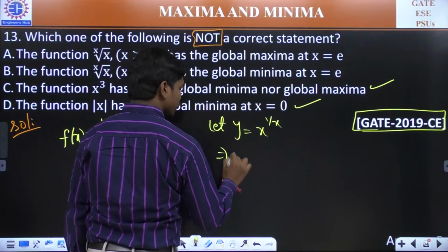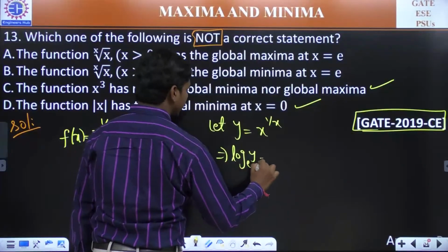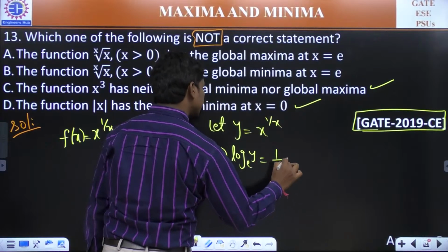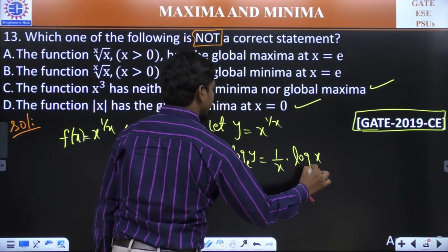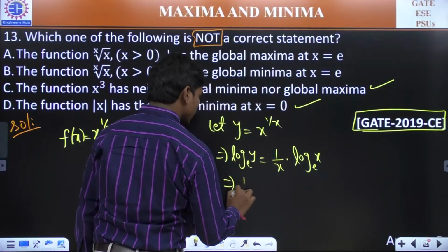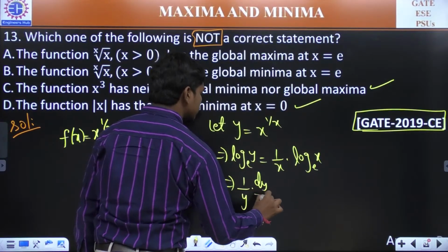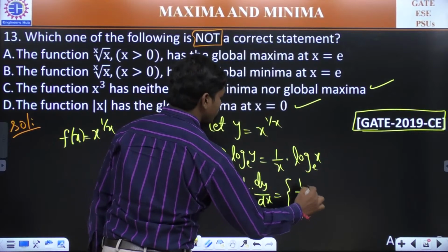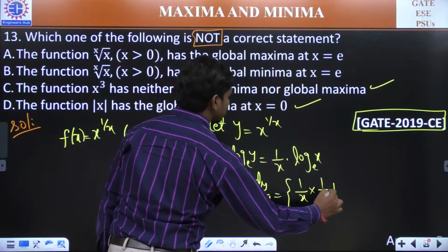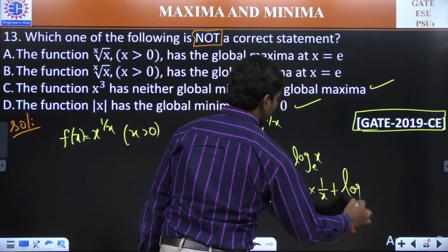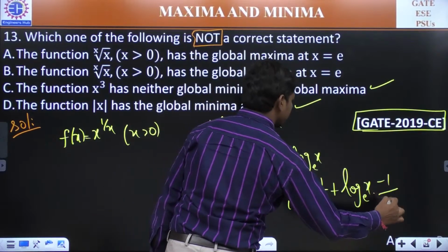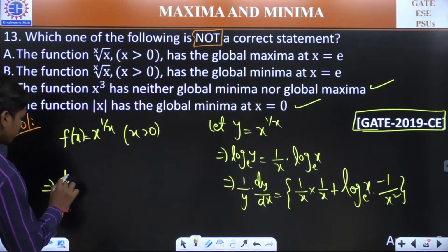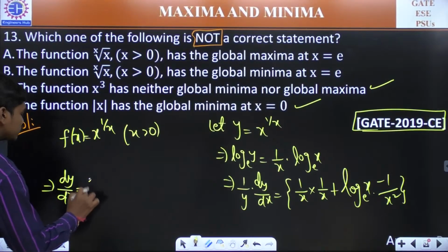So apply logarithm. Log y to the base e is equal to, if you apply logarithm, this power comes down to multiply log x. So this will be 1 by x into log x to the base e. And if you differentiate this, 1 by y into dy by dx is equal to, if you differentiate this product of two functions, you have first function into derivative of second function plus second function into derivative of first function. This implies dy by dx is equal to, or f dash of x is equal to,